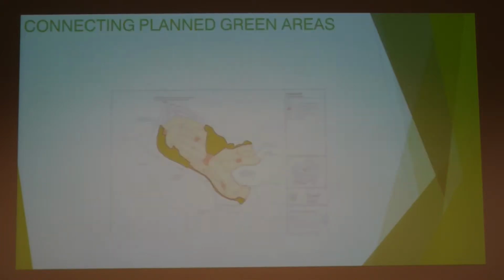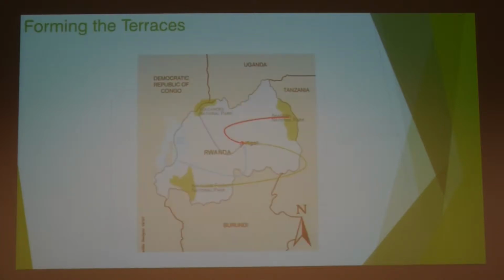So for our site, we decided to go with an idea of weaving green space and continuous green space. And this image here is from the actual Vision 2020 master plan, and they have 2 green areas set up that were disconnected. And so our idea was to connect them. We did that by almost a direct connection, almost pulling the top part down to that and widening that skinny band at the bottom.